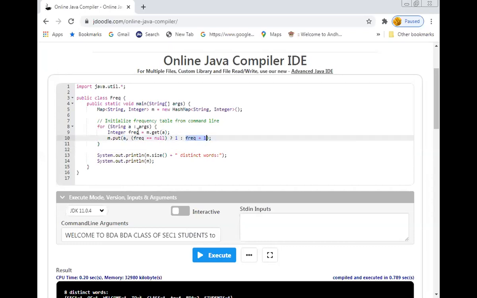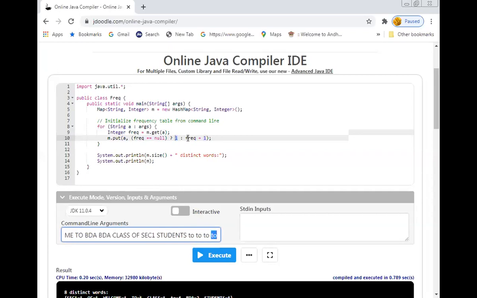For example, initially the frequency of the word welcome is 0. So that is the reason 1 was added to that. In the case of this particular one, initially it is 1. Now when it reads this particular word, it becomes 2. After that it becomes 3, then 4.